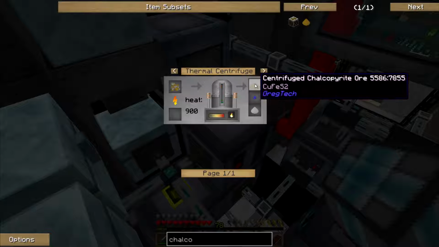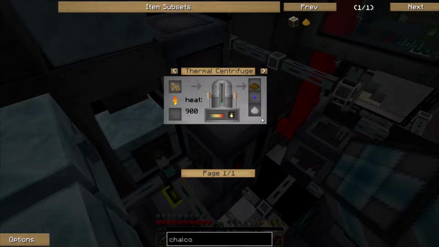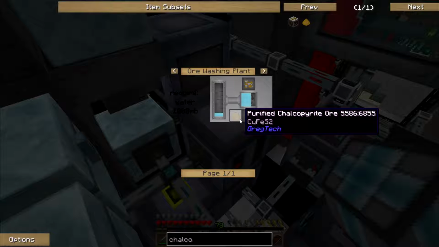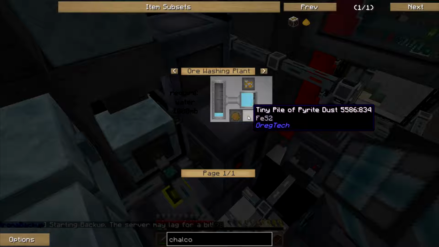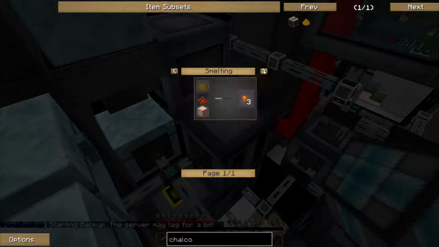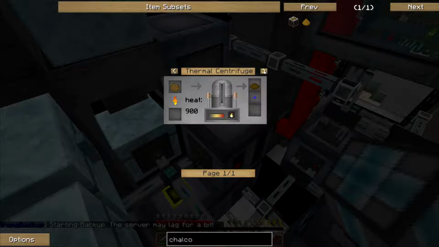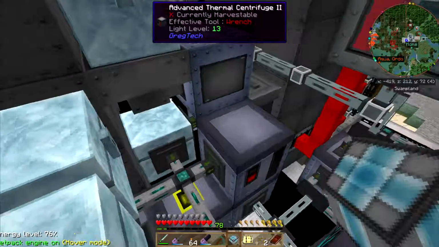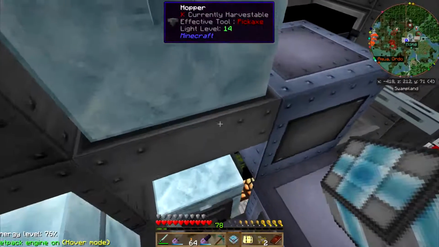Because if I just centrifuge it, I get chalcopyrite, cobalt, and stone dust. If I wash it, then I get purified chalco. Okay, but if I get this, then why would I send it into the thermal centrifuge? Because then I would get centrifuged chalcopyrite. Okay, okay, so